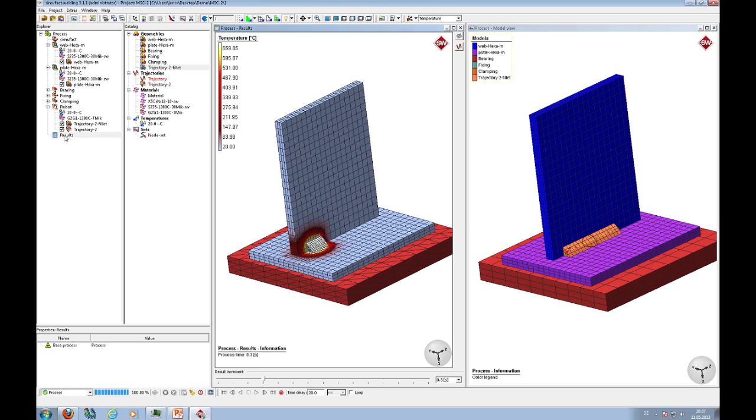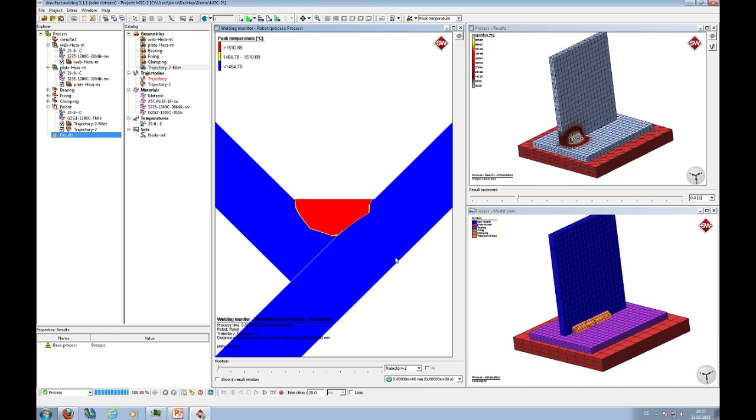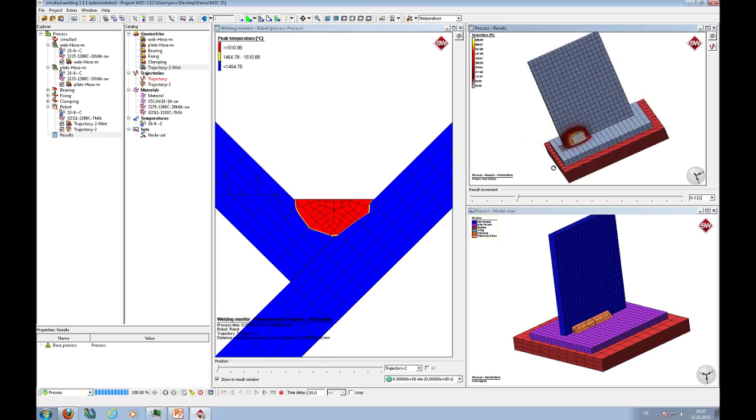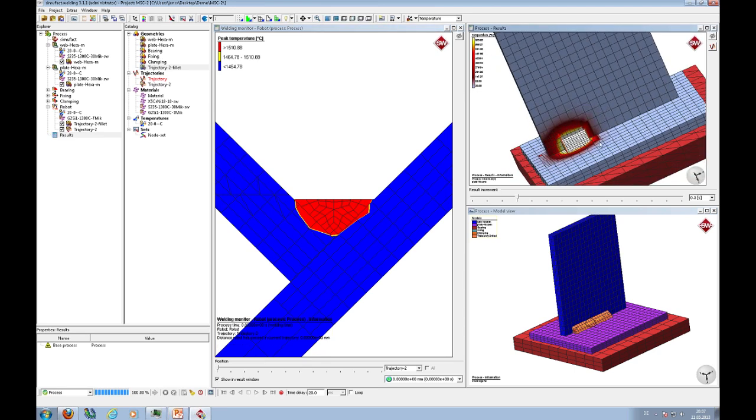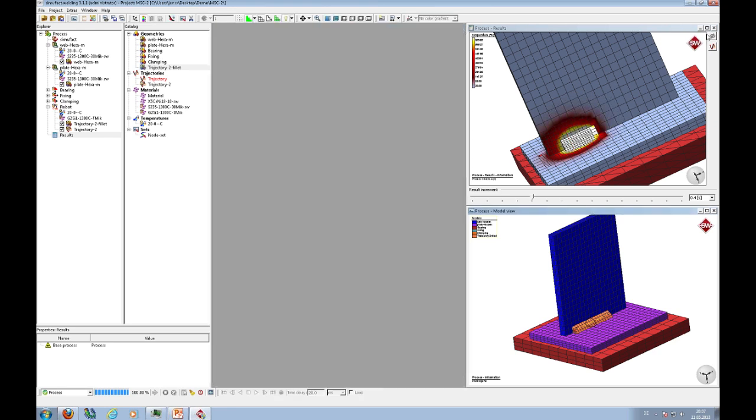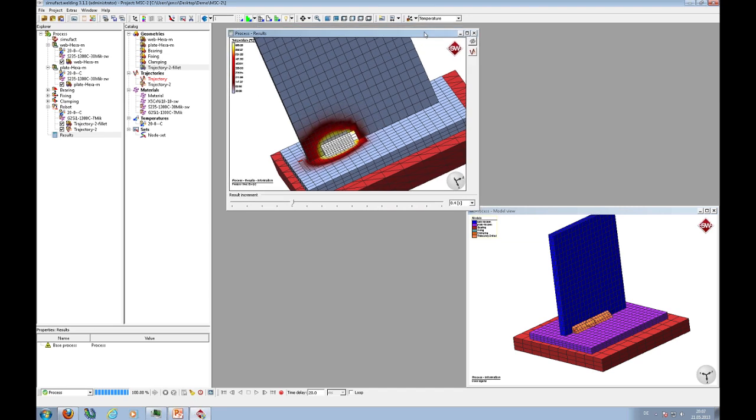If I want to compare to a cross-section of a real weld, I can also go on a welding monitor and say robot, and now I can see a cross-section, or I can activate where the cross-section is in our model, and then I can go through the cross-section along this path. Okay, now I did